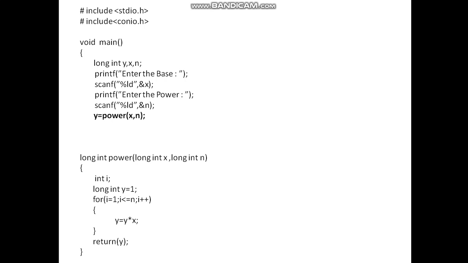When I say return the value of y, the value of y from the function goes back to main. So the value of x was copied onto x, n was copied onto n. Now this x and n are again new variables. y will be y. Do go through the fundamentals of functions videos again so that you can understand the function concepts better. Now once we come back, I have to just display the value of the result. So I'll display the result as the value of x raised to n equals the result, that is y. Now use this code, run this, and automatically you'll be able to get the output. Thank you.